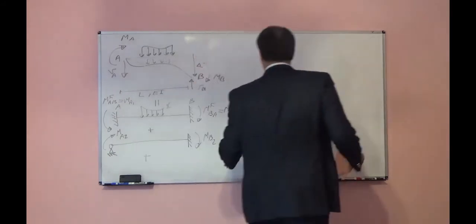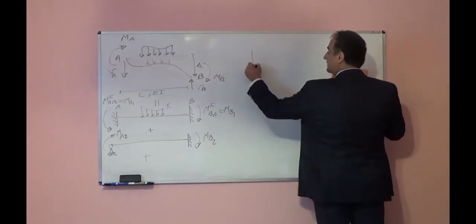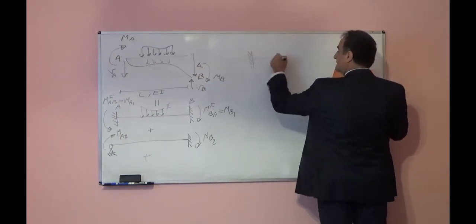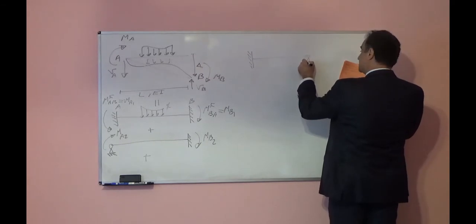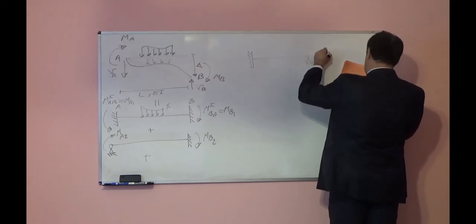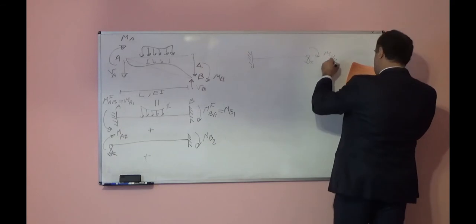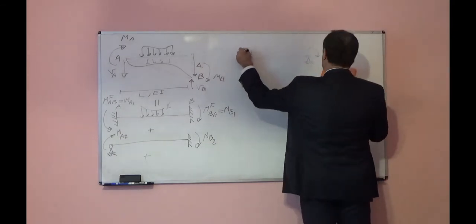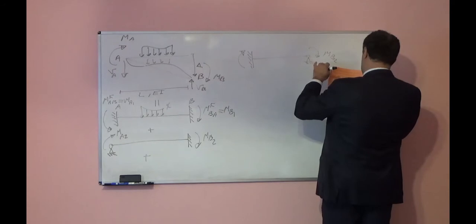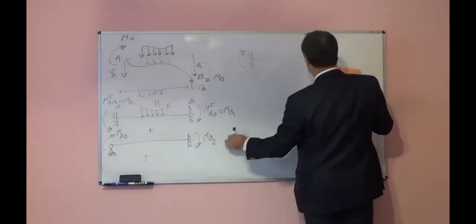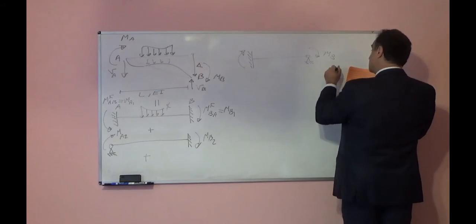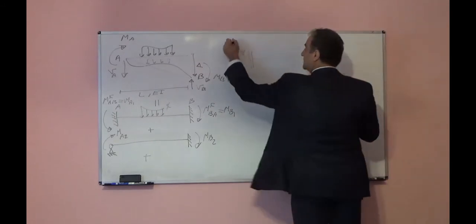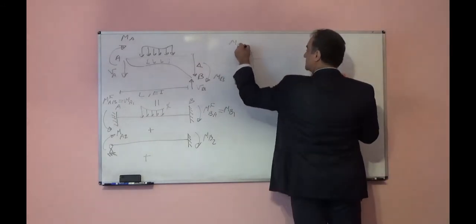Plus, if I have rotation here, for example, that rotation created by MB2, I will have reaction here, 1, 2, this should be 3, sorry, MB3, MA3,